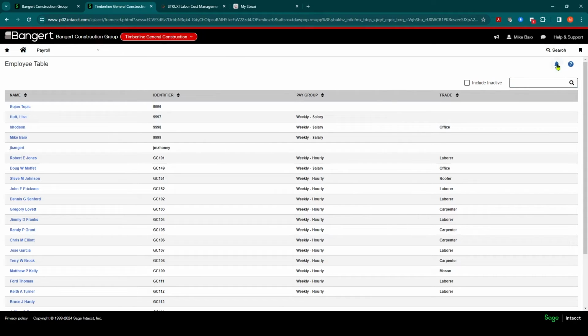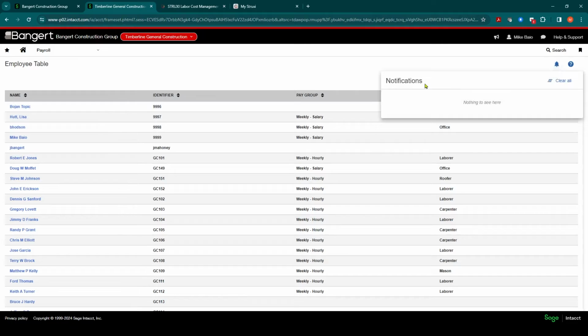The other big thing is the notification screen. They have really vamped up the details of the notifications you receive. It might be during processing payroll, maybe one of the pay modifiers isn't calculating correctly, and the system's getting an error message. It'll provide you detailed messages now of exactly what the issue is and where to go fix it. It's been fantastic. And you can go ahead and clear them as you are done with the notifications.